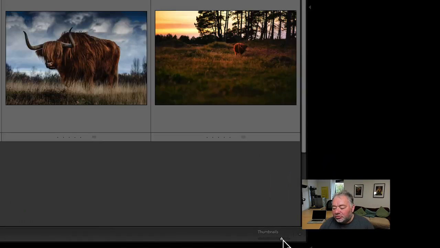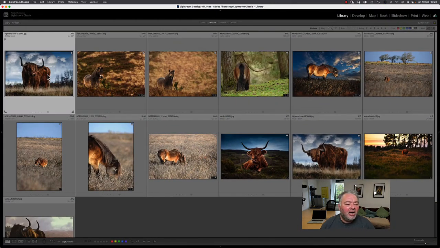I'm just going to increase the film thumbnail slightly bigger, and I'm now going to flag or eject these images as a batch. So I would do this after I've imported. So I import in batches. That's for another video. Have a look at my playlist,